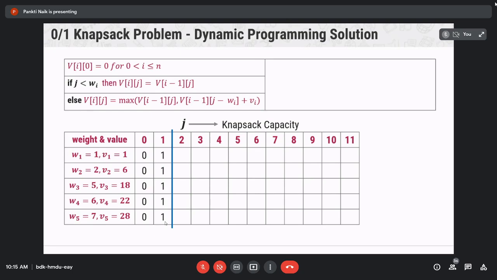When you complete J is equal to 1, then tell me. Next we'll find for J is equal to 2. You can find row by row, or column by column also.